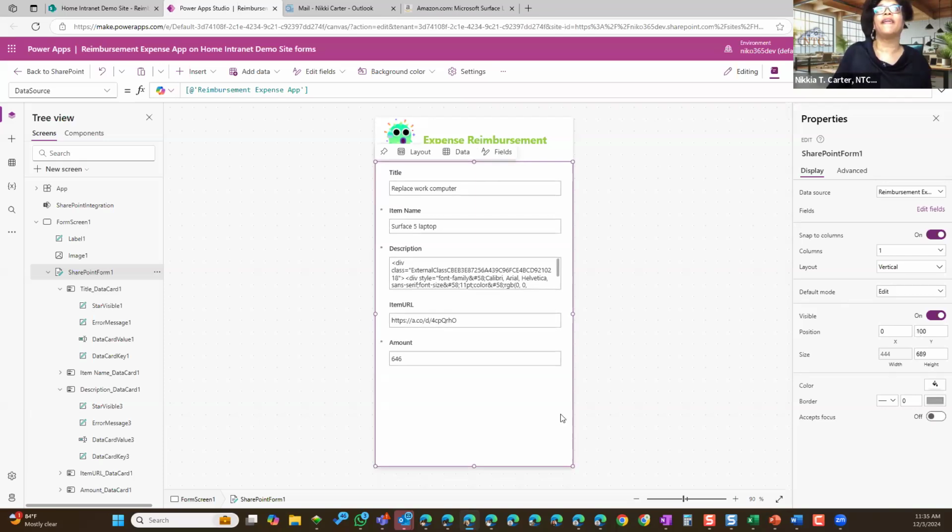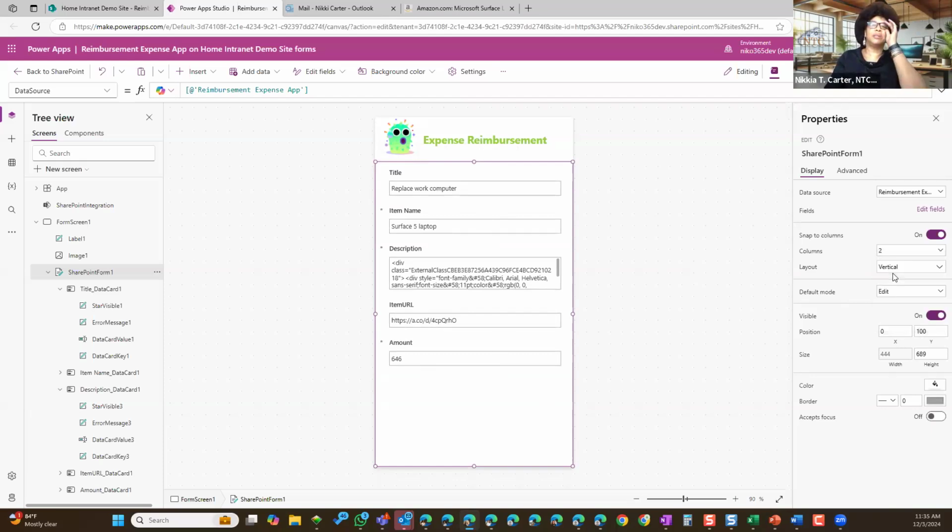Okay. I can also make some other changes, like maybe this is too big. Like the sections on the form, I want some of these to be next to each other. So I'm going to change the columns from 1 to 2.